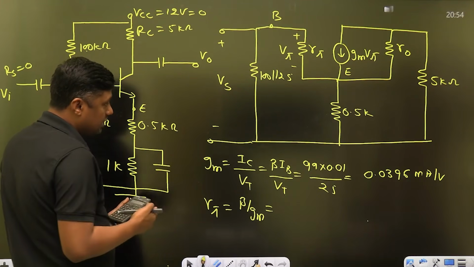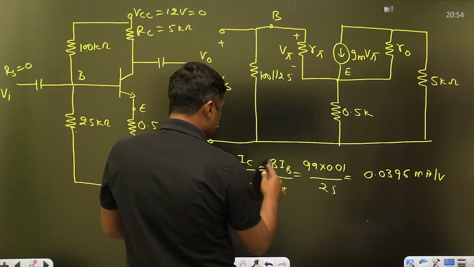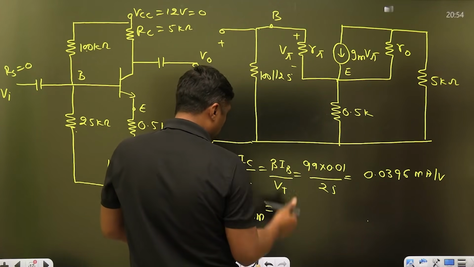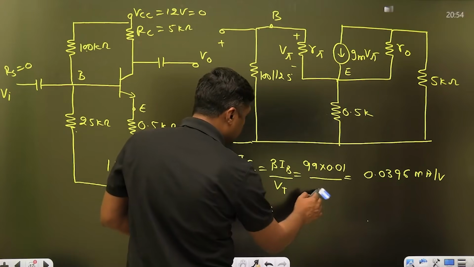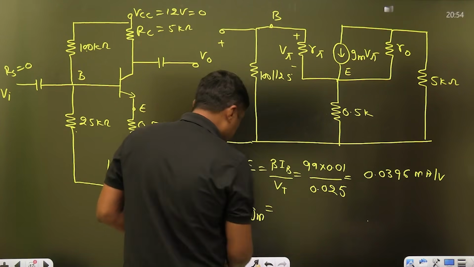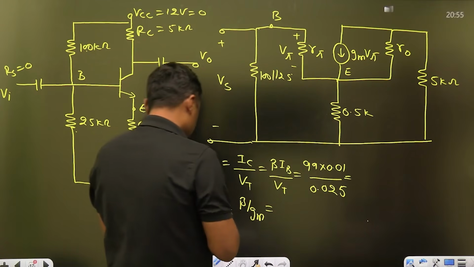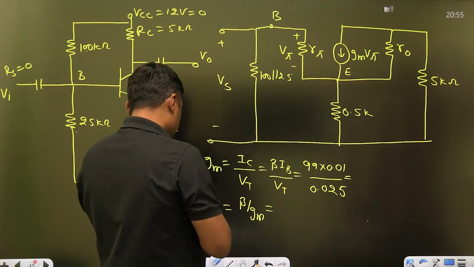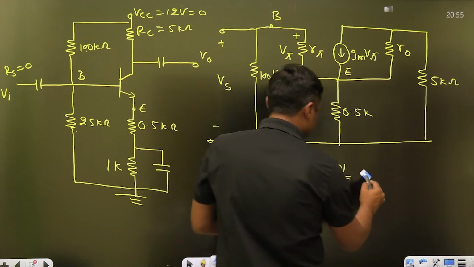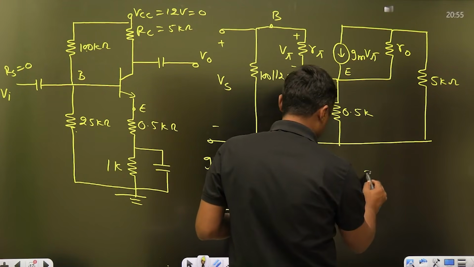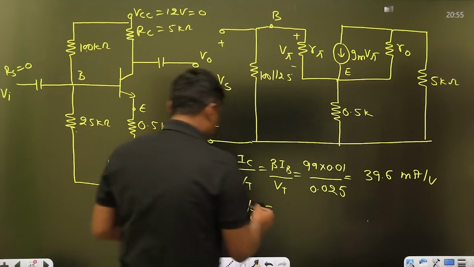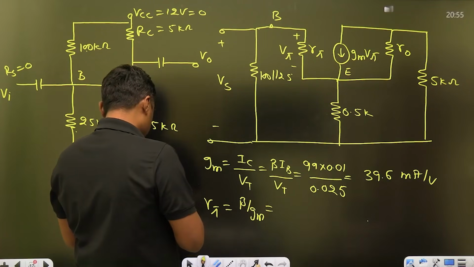This is milli, it will convert into kilo ohm. To check my calculation, IB is in milliampere. VT is in volt, so it should be converted into what? Millivolt to volt, 0.025. Otherwise, you will get the wrong answer, guys. 99 into 0.01 divided by 0.025, 39.6 milliampere per volt. Please check my calculation, and then the reciprocal of this